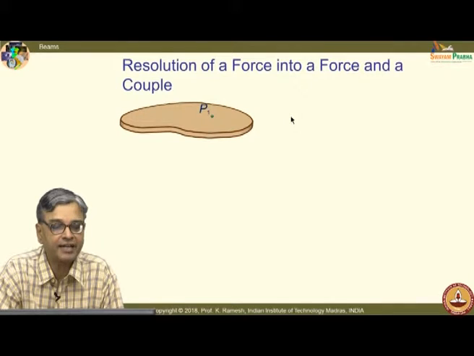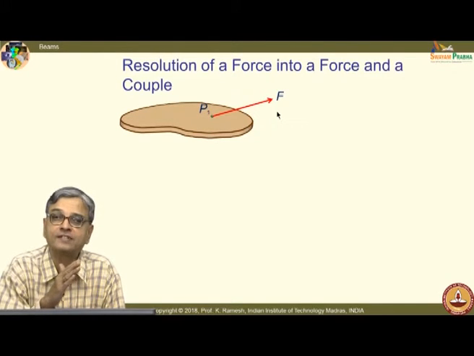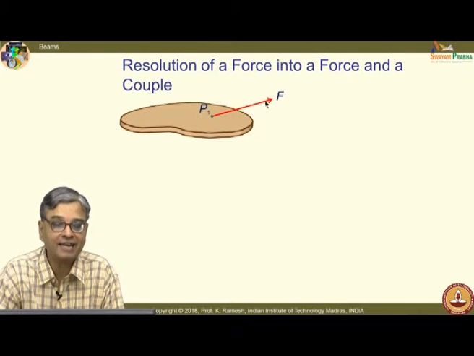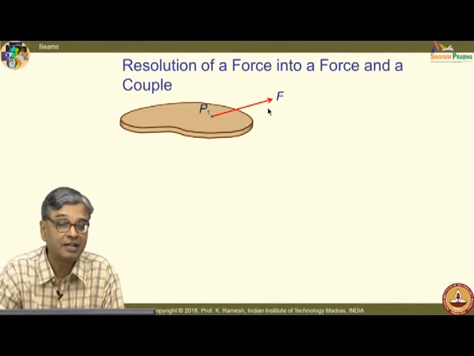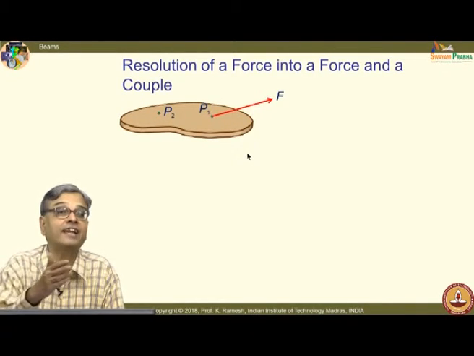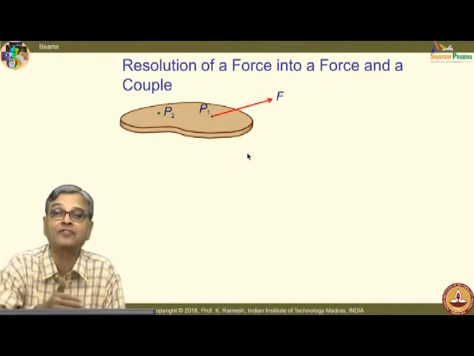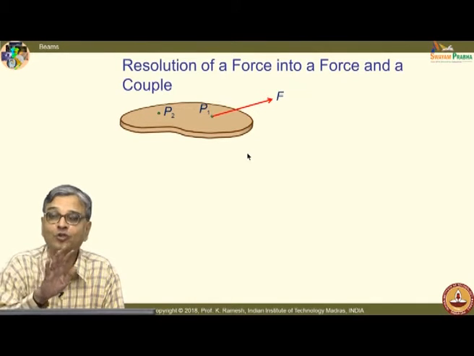Let me revisit it again. I have a force acting at point P1. When we developed the concept of force, I said force is a sliding vector. Sliding vector means I can slide it along its line of action. That is what I meant by a sliding vector. You cannot simply put this force at point P2 and say it is a sliding vector. Instead of sliding it along the line of action, sliding the vector to the left side or the right side is totally wrong.